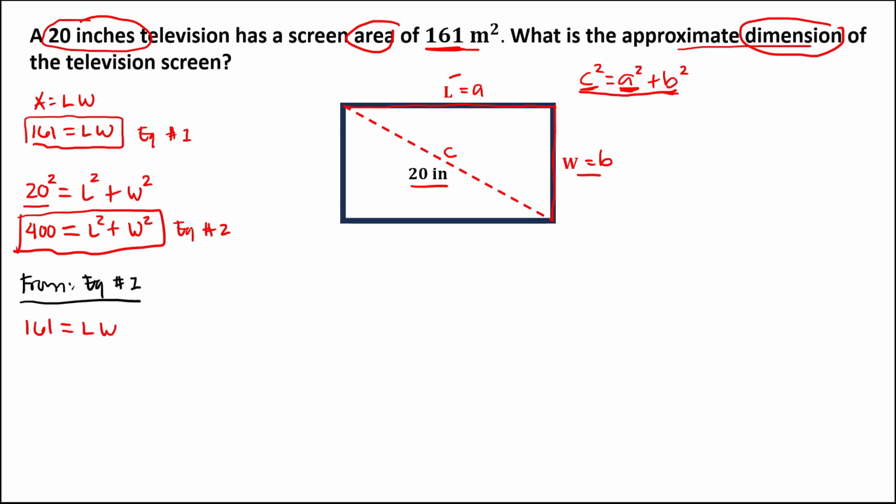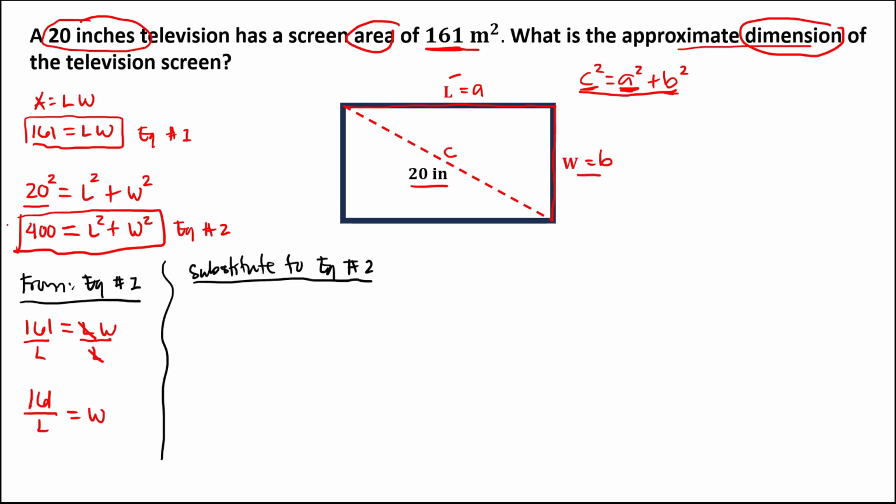So to isolate w, divide both sides by L, so L cancels, and this becomes 161 over L equals w. Then we need to substitute into equation number 2,